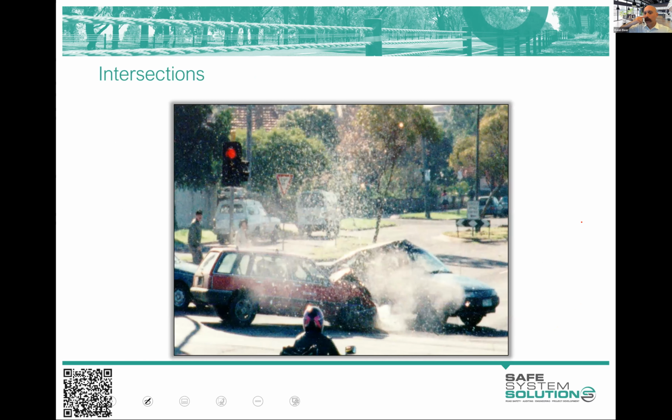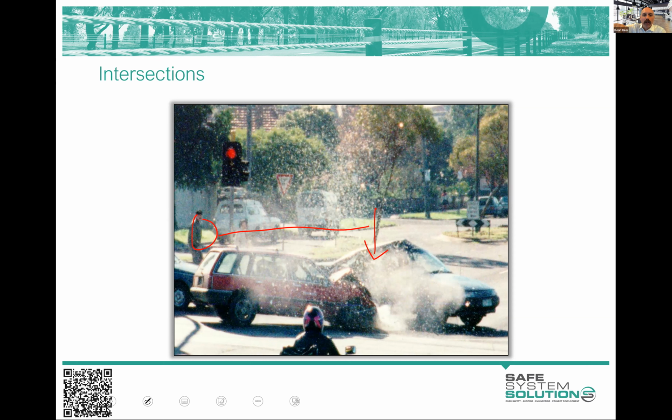Okay, so let's start with intersections. I'll jump into a few bits of information for you and then get you to do a little bit of thinking around an existing intersection. Now, intersections are a point on the road network where there is increased risk, and I think that's pretty obvious to all of you. We have the conflict points, and then we have the ability for vehicles to crash. We also have pedestrians crossing at this location. Of course, we have pedestrians crossing mid-block as well, but there's more here.